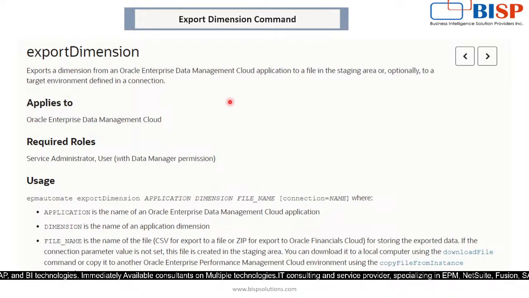If you want to export a particular file from a particular dimension, we can do that. It applies to Oracle Enterprise Data Management Cloud application, and the roles are required. These are the roles required by the user, which should be present for whoever is performing it. And the usage is that we have to write EPM Automate first, and then export